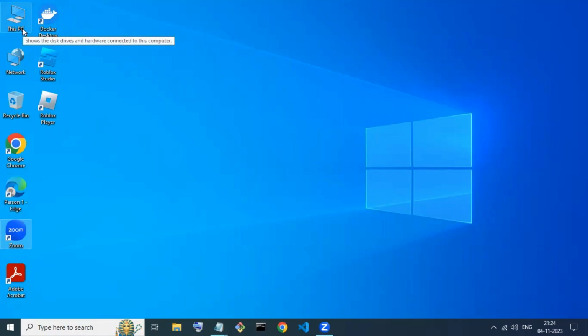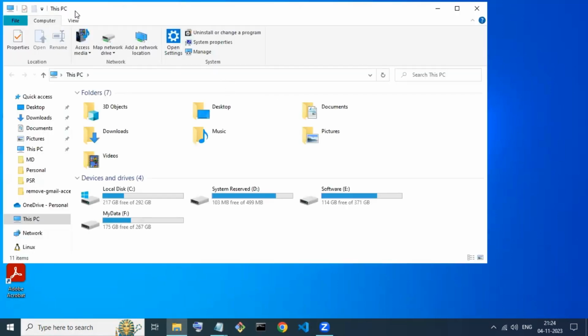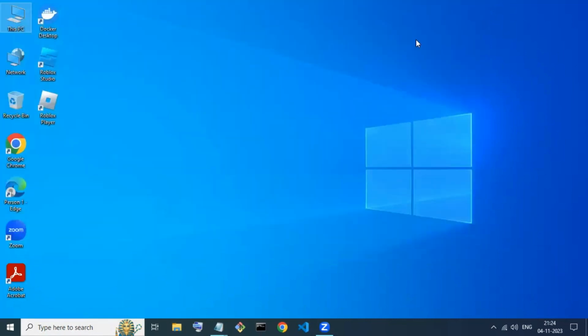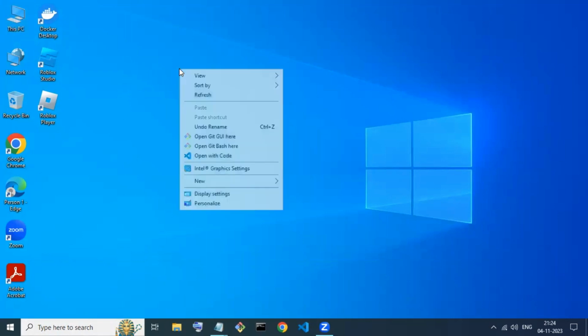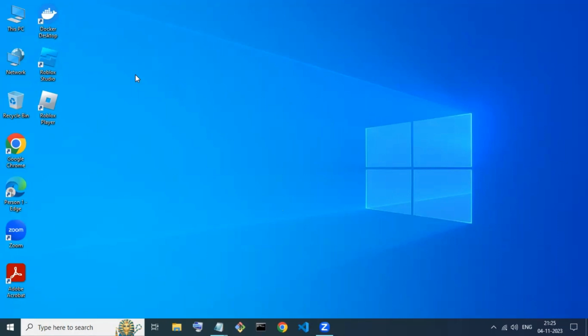Third is opening the folder on the desktop. When you double click, this is the third input. When you double click, it opens the folder. And the fourth input: anywhere on the desktop, if you right click, it gives you a context menu. This is the best example for understanding how IPO works. Whenever you give inputs to the program, it identifies the input and, according to that input, generates the output. So we have seen an example of four mouse clicks generating four different outputs.